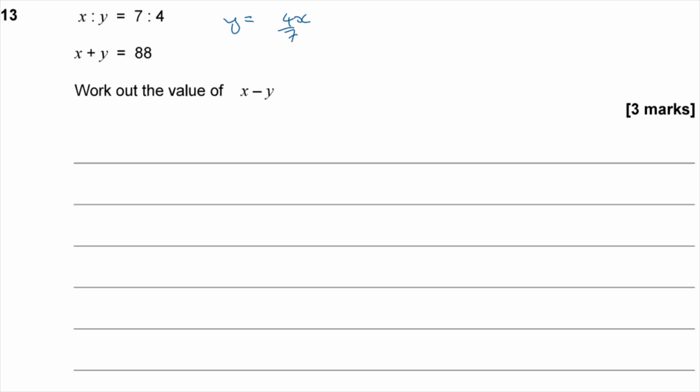Now you've got two different methods for solving simultaneous equations, either by elimination or by substitution. This one lends itself more to solving by substitution, so that's the method that I'm going to pick. So I'm going to call this one here equation 1 and this one equation 2. And I am going to substitute equation 1 into equation 2. So that gives me